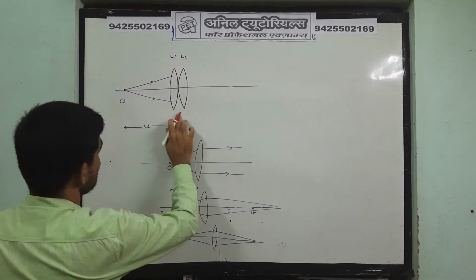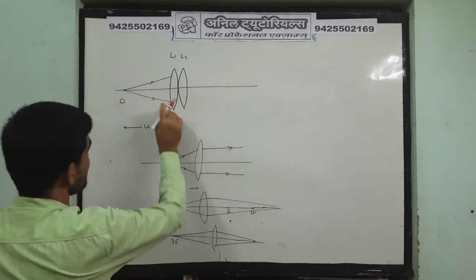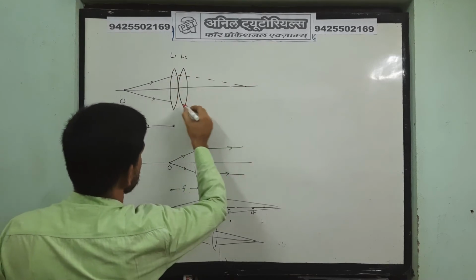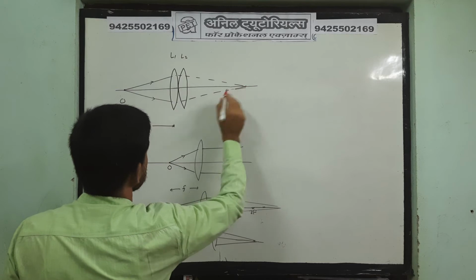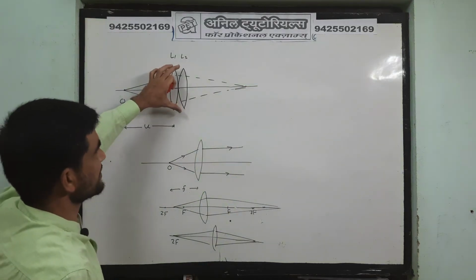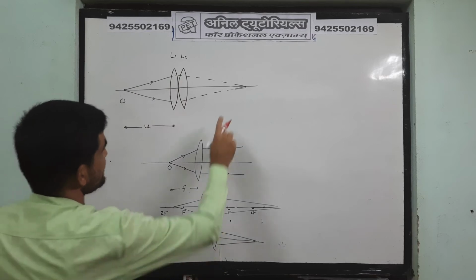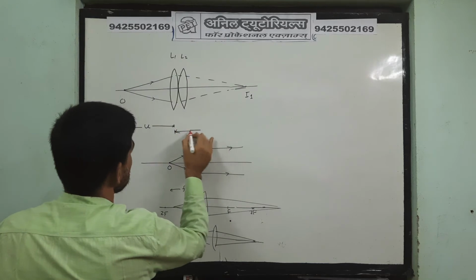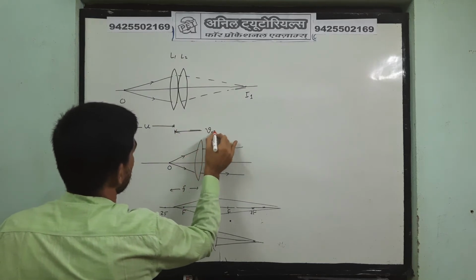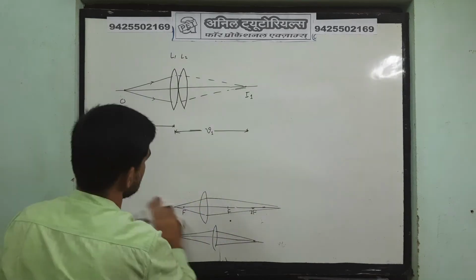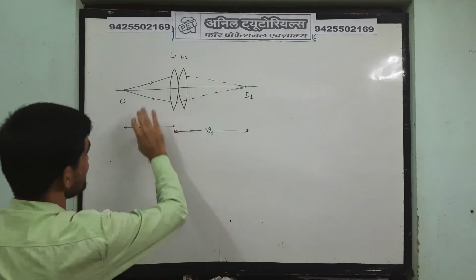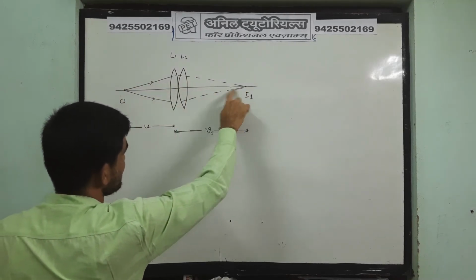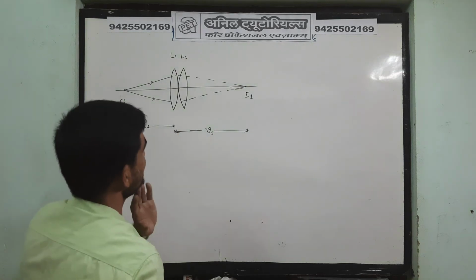So here if we have only one lens L1, the rays are supposed to focus somewhere here, and this will act as a virtual object for the second lens. Suppose this is the initial position, say I1, and its distance from the lens is V1. Clear? Suppose we don't have another lens, so the rays coming from the point O will focus at position I1 at a distance V1 from the lens.